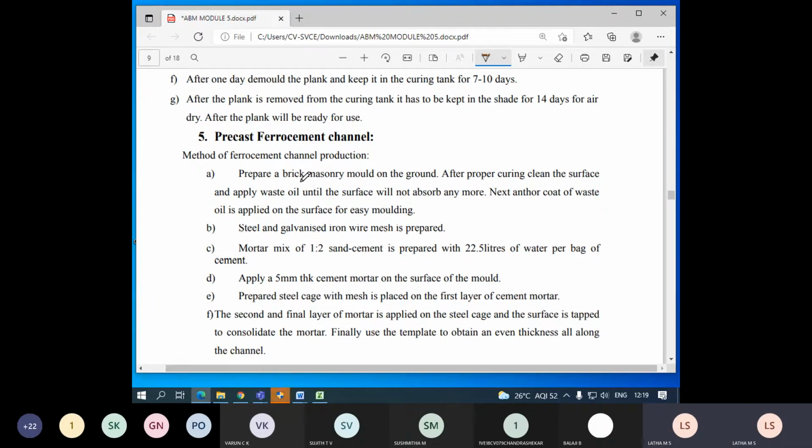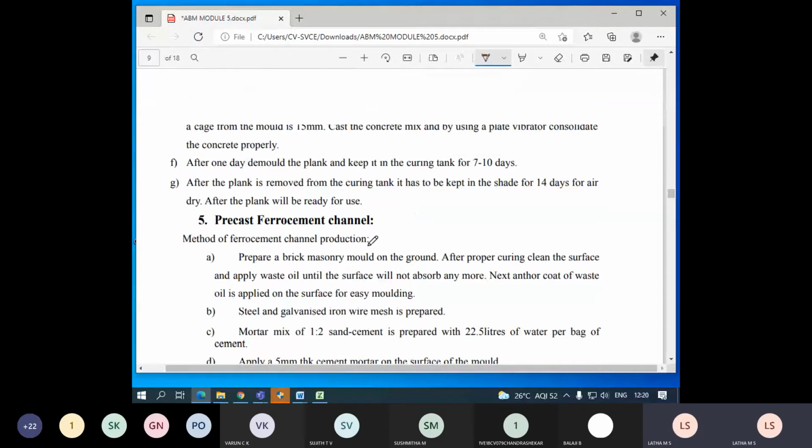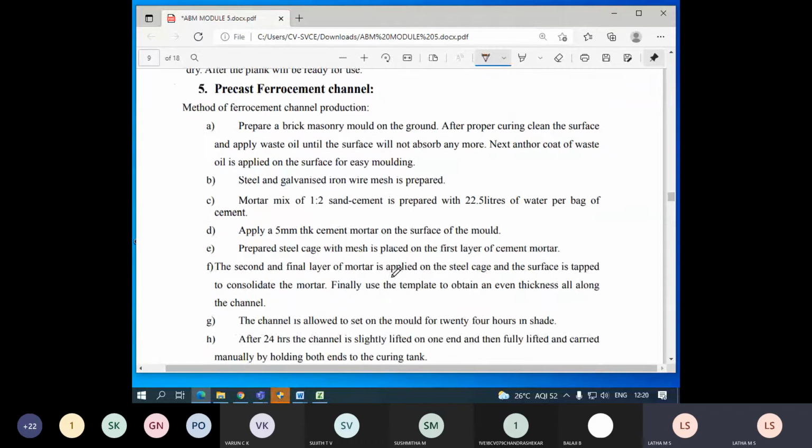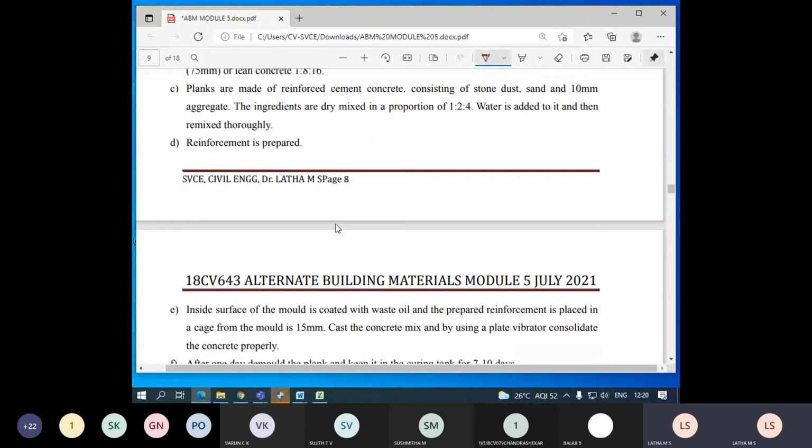As you could see in the video, the channel was prepared, the formwork was prepared. On that, the polythene sheet was laid so that it can be easily detached after casting. But in the regular norms, a coating of oil is required. Once the coating of oil is done, we start laying the layer of the mortar. Then galvanized iron mesh will be used. Then the final layer of coating will be done. So accordingly, the design mix will be decided with that.